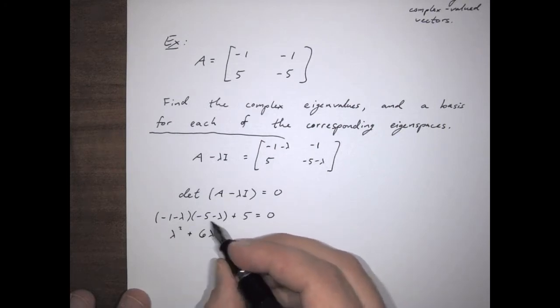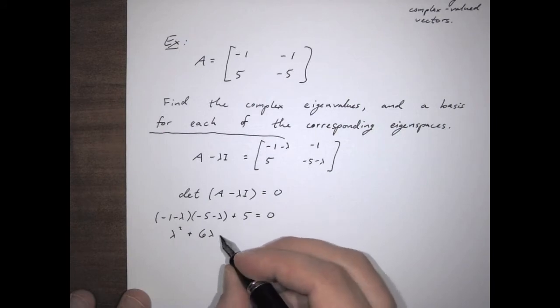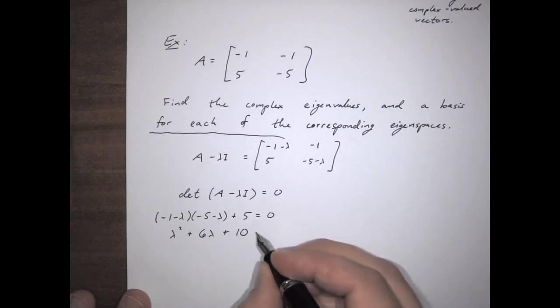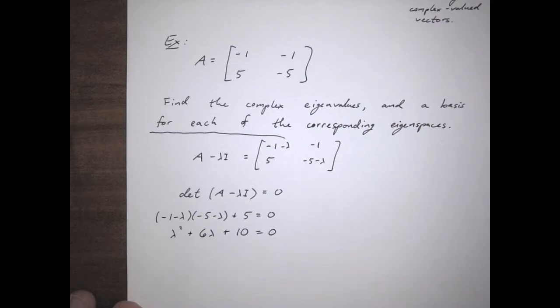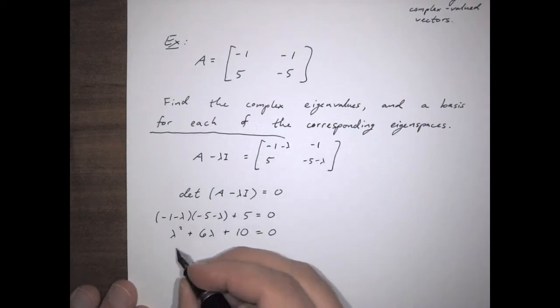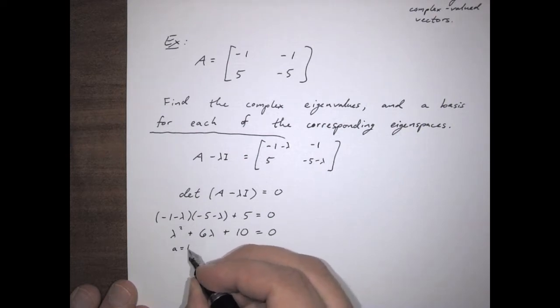And then over here, we're going to have plus 5 plus 5 is 10 equals 0. Now, those of you who are adept at algebraic arts, such as completing the square, have a way of doing this that could be very convenient and easy. However, if we don't know anything about that,